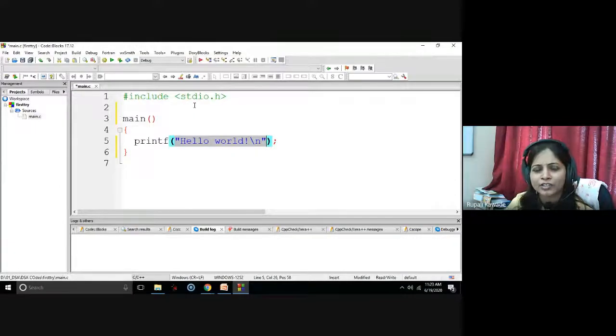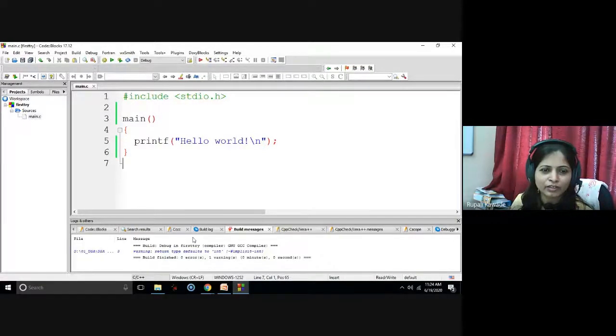In stdio.h, all the definitions related to printf, scanf, everything, are written. So it is related with input output operations. And the standard library has functions related to memory management and all. So no need to worry about this right now. Just consider #include <stdio.h>. This is the header file I need to include in my C code if I want to write a simple printf or scanf statement related with input output.